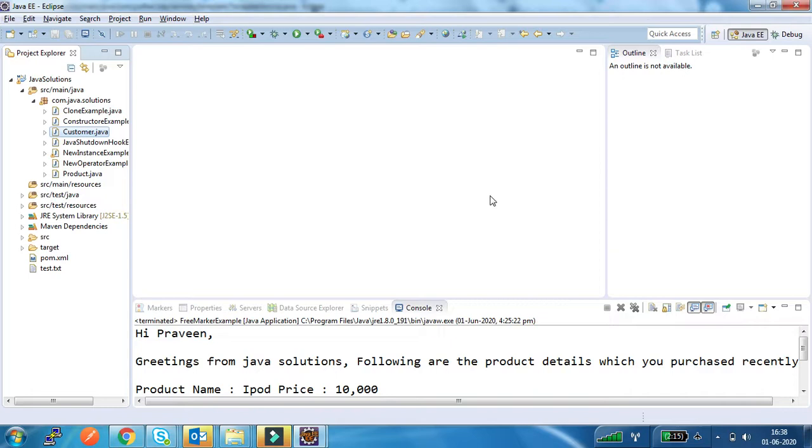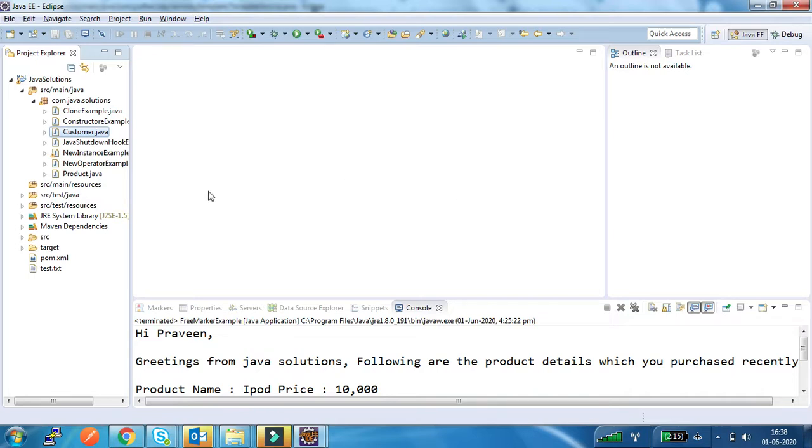In this video I will show how to define FreeMarker templates and generate output based on these templates. FreeMarker is nothing but a Java based template engine which can be used in standalone Java programs as well as servlet based Java programs. In FreeMarker we define templates which are text files that contain the desired output along with some placeholders. In the Java program we supply the input for the placeholders and generate the final output.